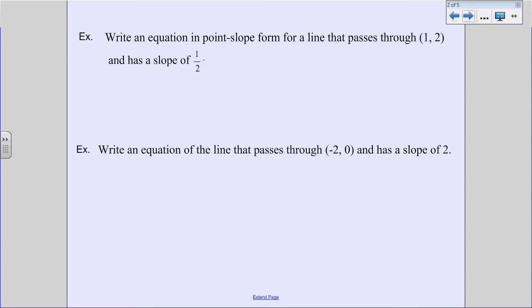Let's take a look at the next example. It says write an equation in point slope form. So this time we're just going to stop at the point slope form. Remember that's y minus y1 is equal to m times x minus x1. For a line that passes through the point 1, 2 and has a slope of 1/2. So the first thing I'm going to write down on my paper is what? Y minus. I need to subtract y1. So what's the y coordinate here? 2. So we're going to have y minus 2